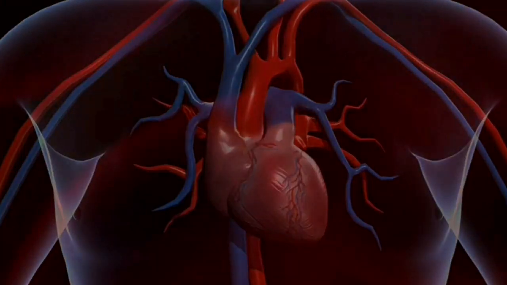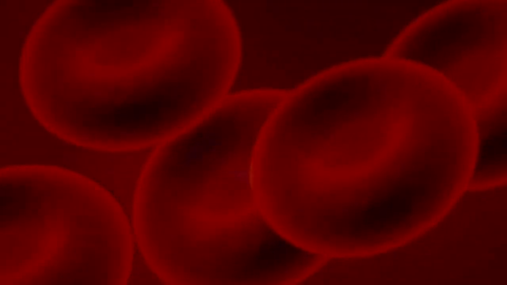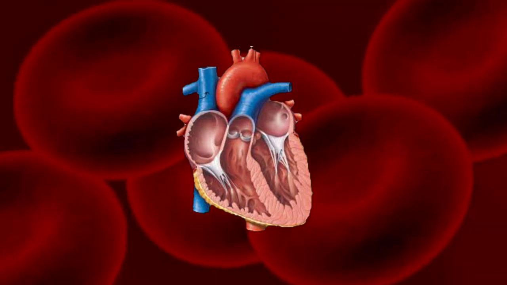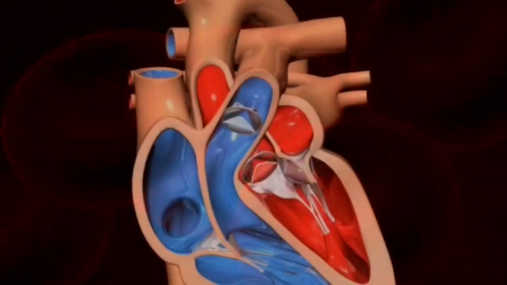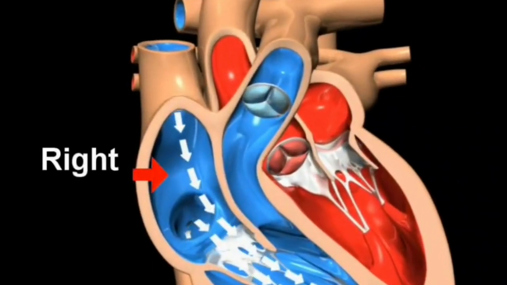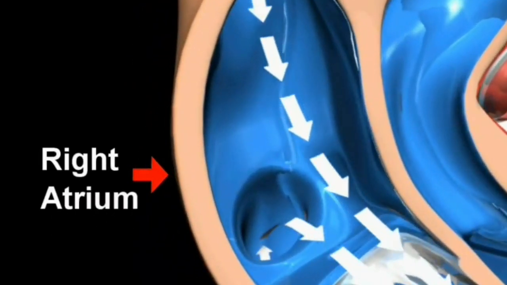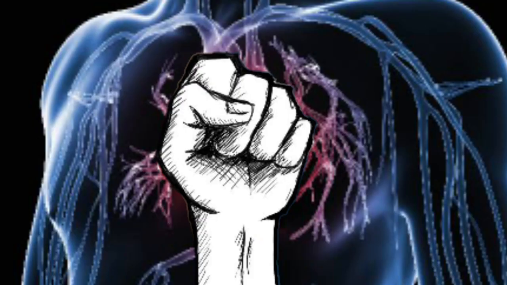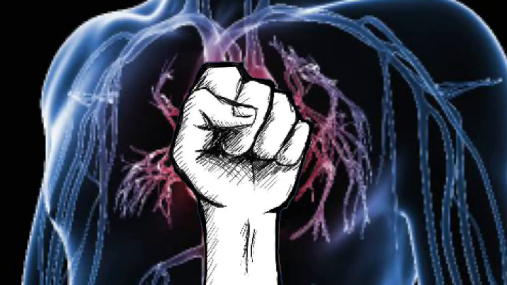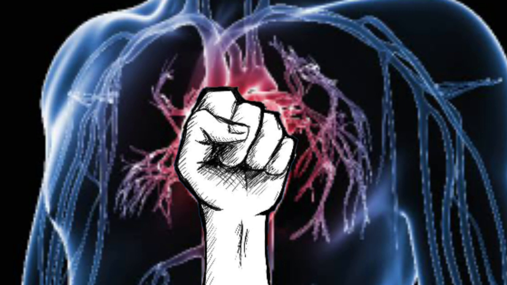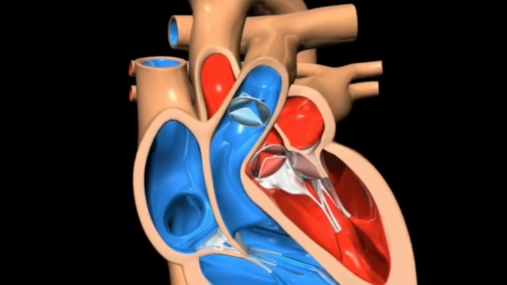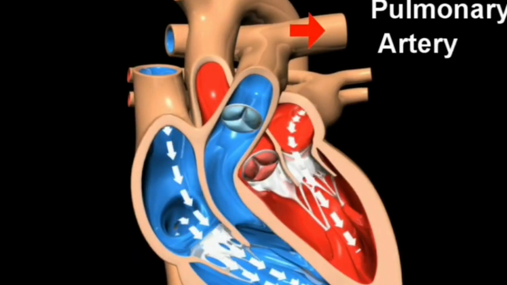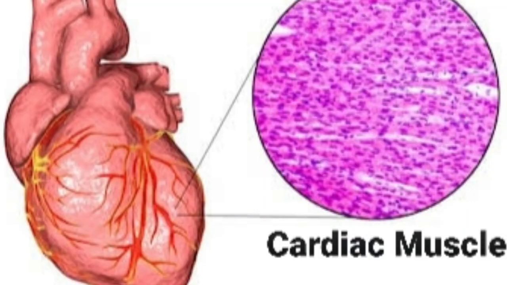Okay, so let's discuss them one by one. First, let's come to the heart, the main organ involved in the circulatory system that circulates the blood all around the body. The heart is a muscular organ which is the size of a human fist, an adult fist. The size of an adult's fist is almost the size of the heart, and it is composed of cardiac muscles. That's why the circulatory system is also known as the cardiovascular system.